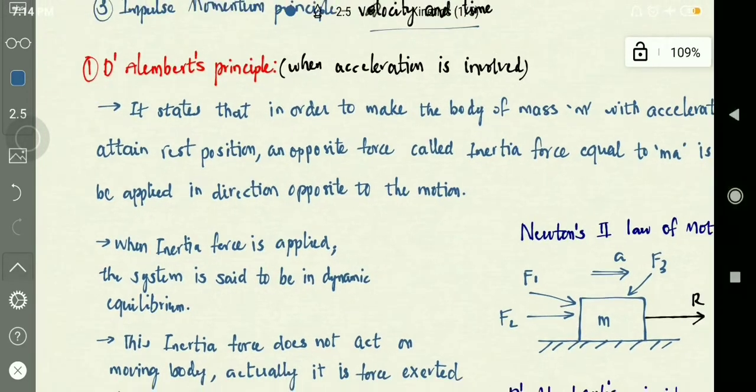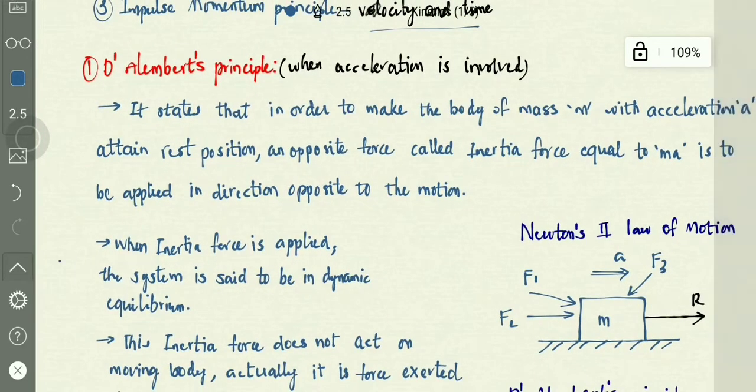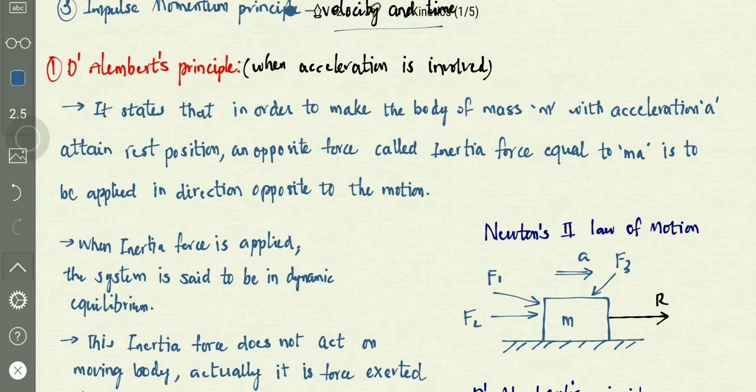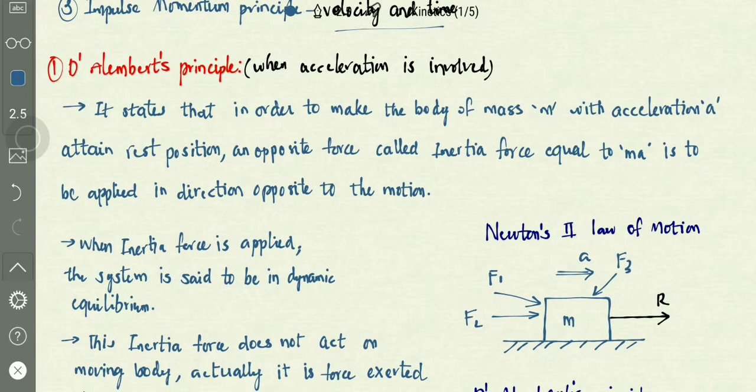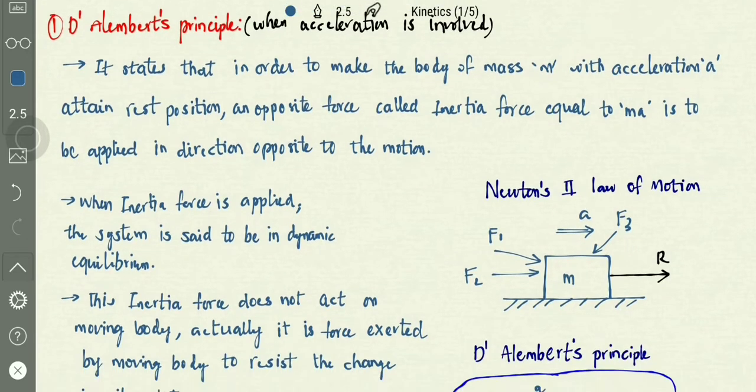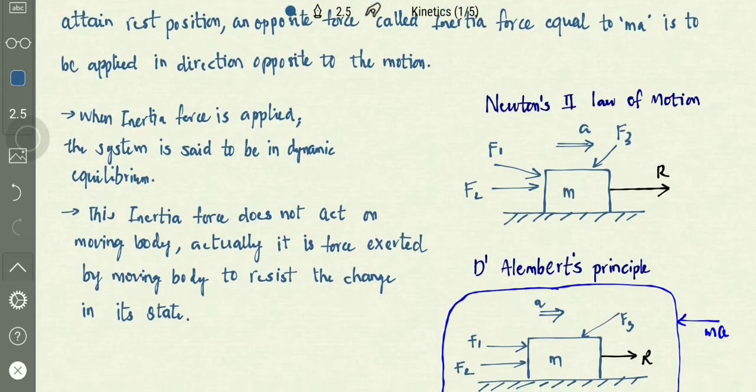It states that in order to make the body of mass m with acceleration a attain rest position, an opposite force called inertia force equal to ma is to be applied in the direction opposite to the motion. So what it is saying is,